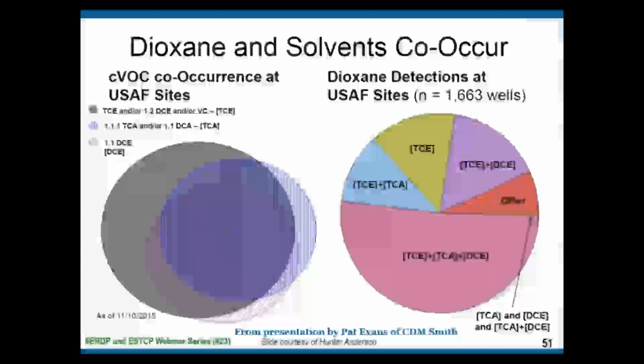This slide is always of interest and always generates questions. There's a couple of different things about it. The pie chart on the right is what I'm really focusing on, and this came from a CERTA presentation. I took this and recognized Pat Evans of CDM Smith for providing this slide. There's always a question about 1,4-dioxane and its presence associated with TCA or TCE or whatever different